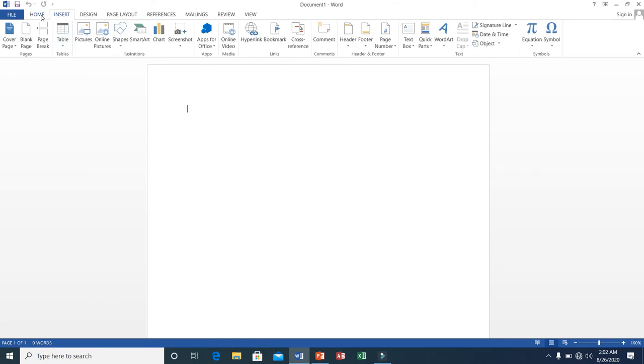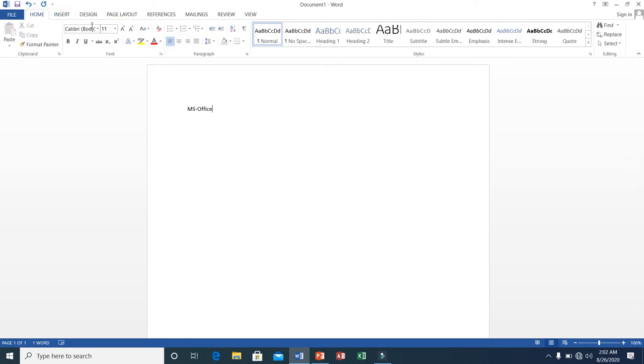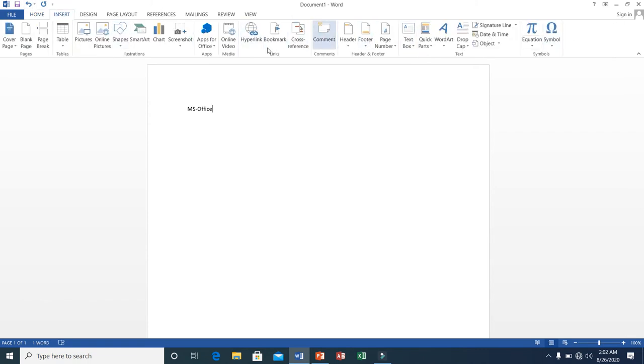So this was where to type something. For example, we type MS Office, right? So you type something, you can make charts, SmartArt, etc., right? You can change colors, a complete range of options, okay? We will cover every option here, right? Every option in all tabs. All tabs, you see these options, we will cover every option, right? And then we have